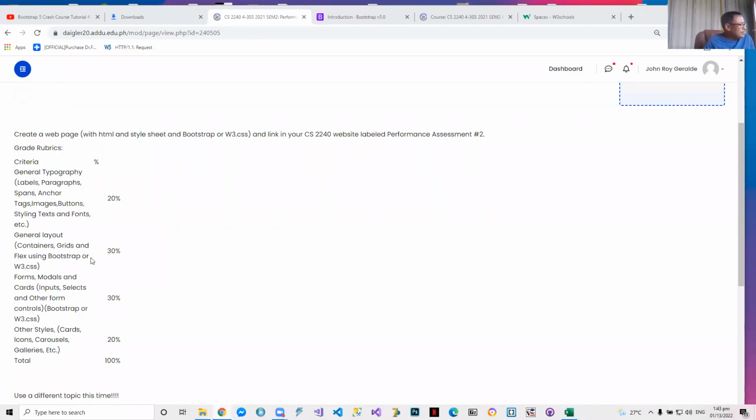General typography is 20%. General layout involving your containers, grids, and flex using Bootstrap or W3 is 30%. No? Importante na ito ngayon. Now, if you look at one of the, yung kay